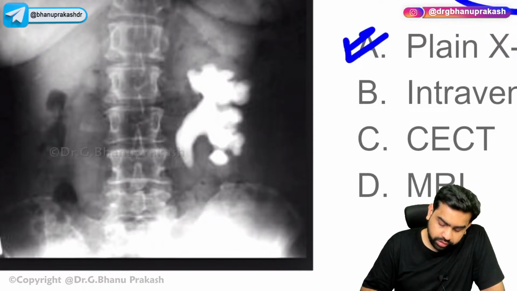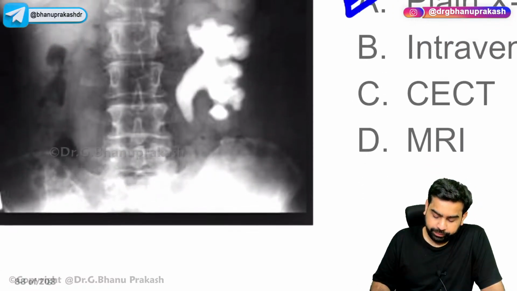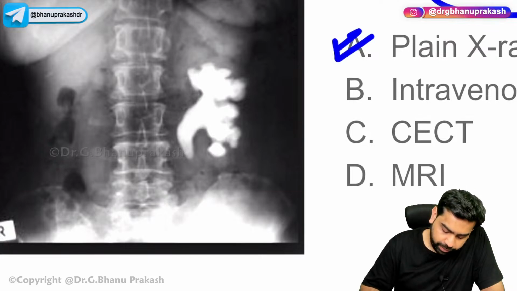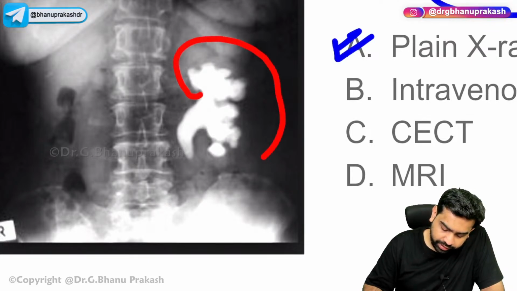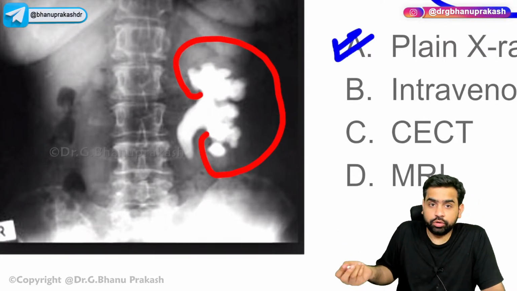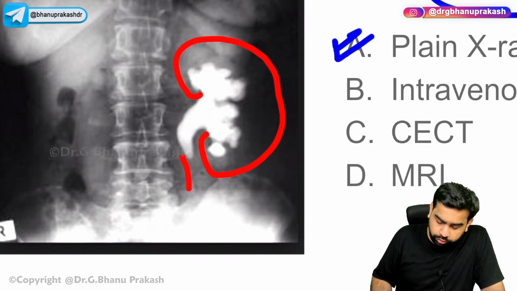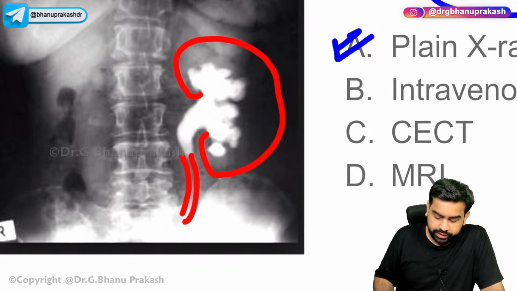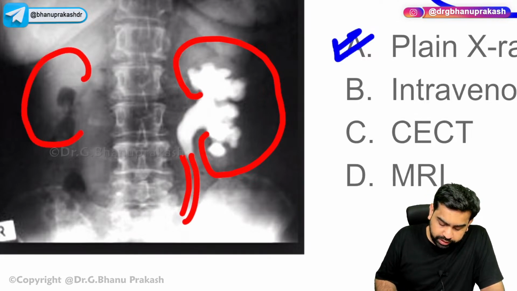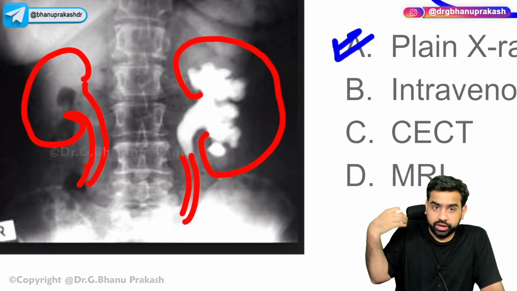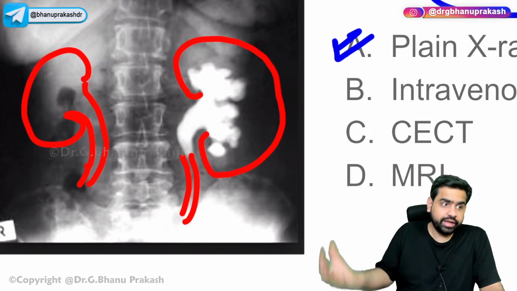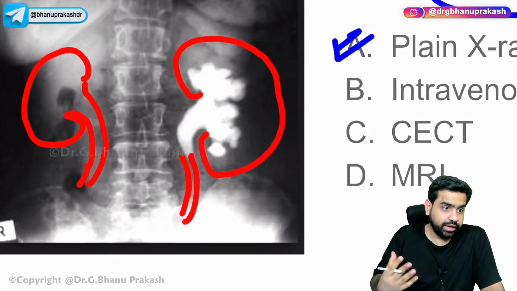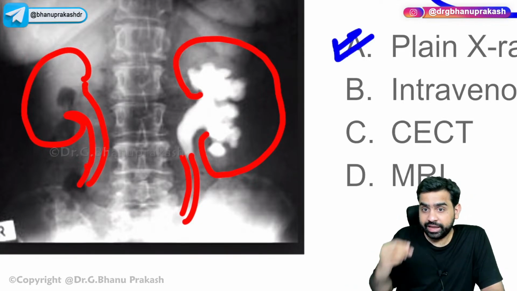Let's assume that this is an IVP. If this is an IVP, what about the kidney? What about the renal cortex? Why is the renal cortex not having any dye? And what about the ureter, like the distal part of the ureter? What about the opposite kidney? What about the ureter of the opposite kidney? Do you understand my point? If you put in a dye, it is going to be taken up by both the kidneys, right? So yes, absolutely right. This is a Staghorn calculus, and this is a simple plain X-ray